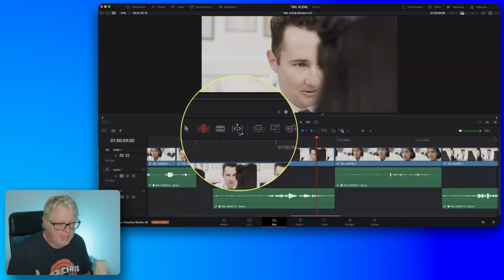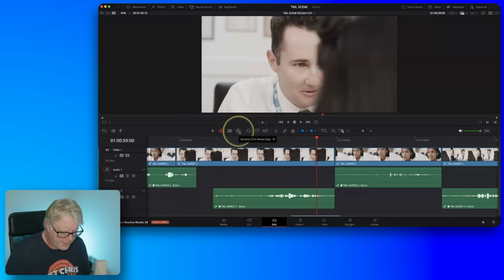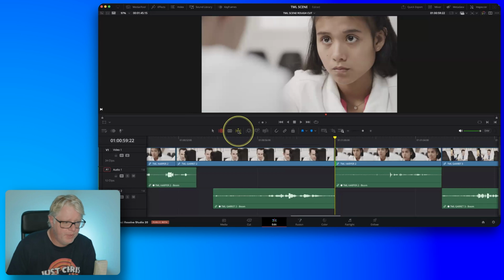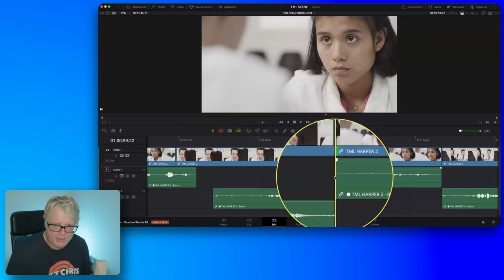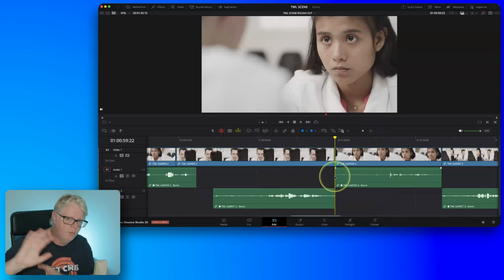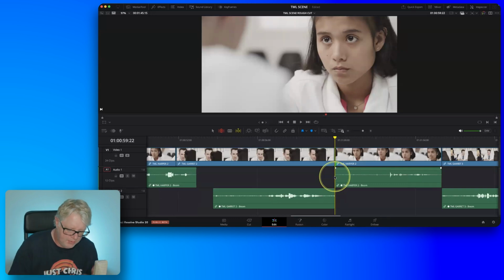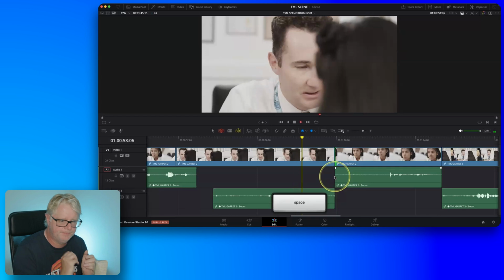Okay, so you can enable dynamic trim by either clicking this button here or by pressing W on your keyboard. Either way, when you enable dynamic trim, the playhead turns bright yellow. And this is more of a warning rather than anything else because the rules have changed. So previously, when you've pressed the space bar, your timeline plays. But now when I press the space bar,